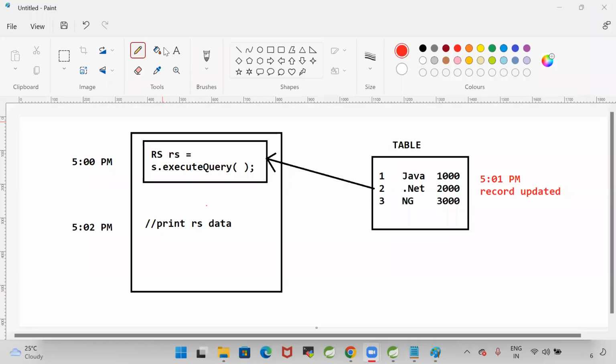Sensitive result set and insensitive result set. Sensitive and insensitive result sets both are bidirectional. Next point. The difference is